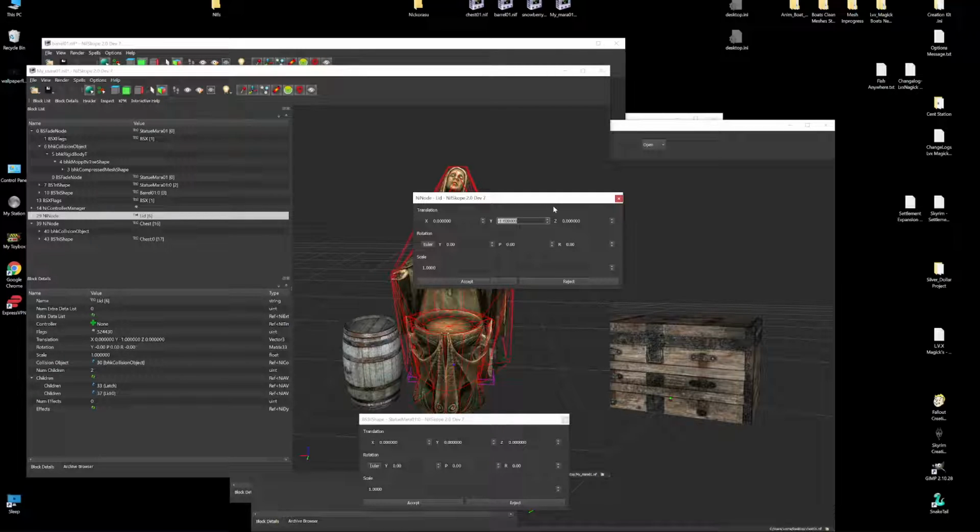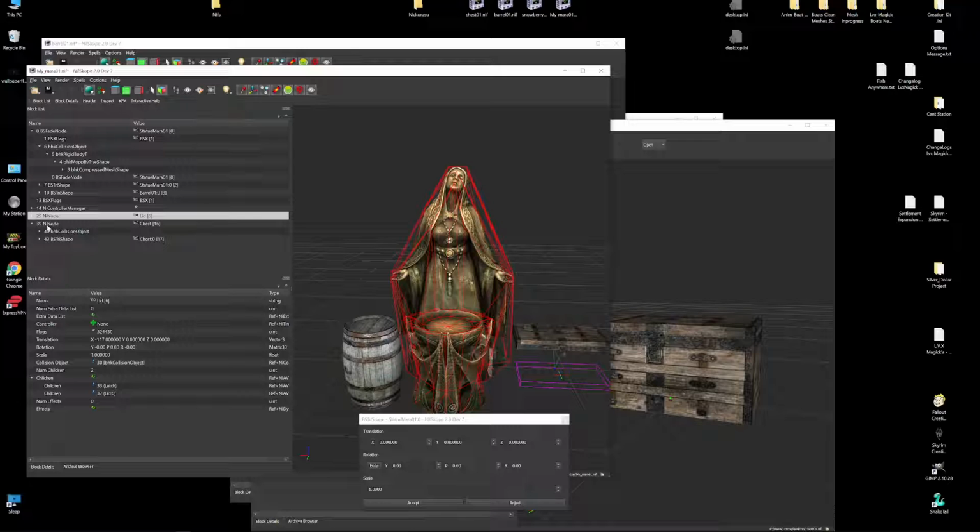Let's go, where do we want it? Hit reject. Let's go over here and watch up here. 117, hit copy, accept, go to the other 9 node since the tri-shape is already in the 9 node.